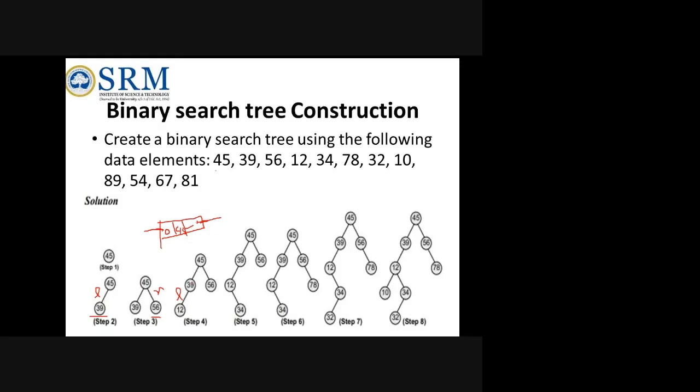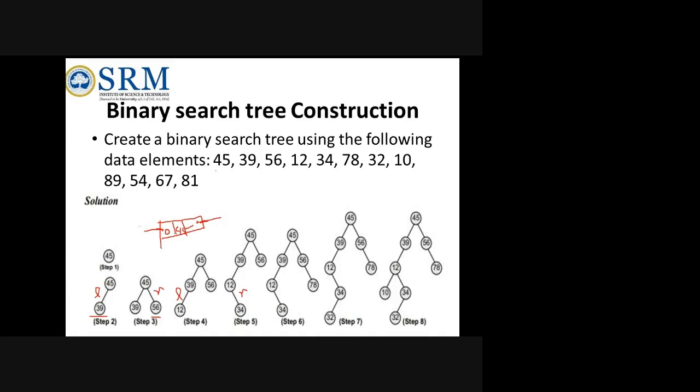It is lesser. If it were greater, then you could insert it on the right side of 39. But it is lesser, so it should come on the left side. But on the left side, one more element, 12, is there. So again it will be compared with 12. Compared to 12, 34 is greater. So it will be placed on the right side of your 12.